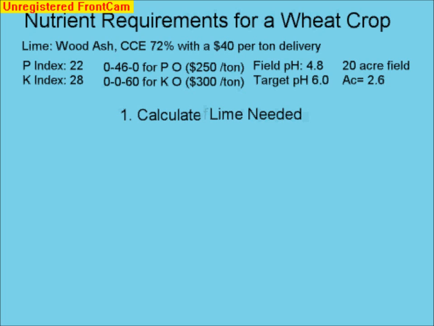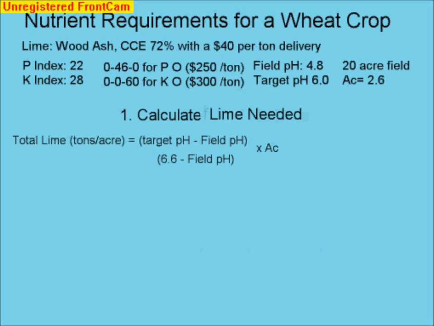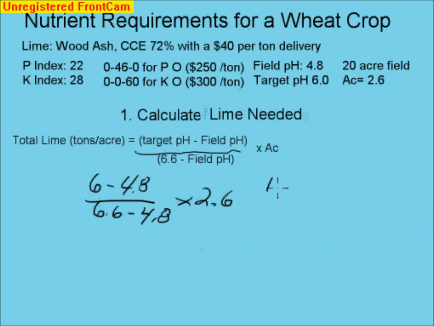To do this, we use the equation that you were given in the notes using active acidity, target pH, and the current pH. Our total lime that we need in tons per acre equals target pH minus field pH, divided by 6.6 minus field pH, times active acidity. In this case, we have our target pH of 6 minus our field pH of 4.8, divided by 6.6 minus our field pH of 4.8, times our AC, which is given as 2.6. This equals 1.2 divided by 1.8 times 2.6, which is equal to